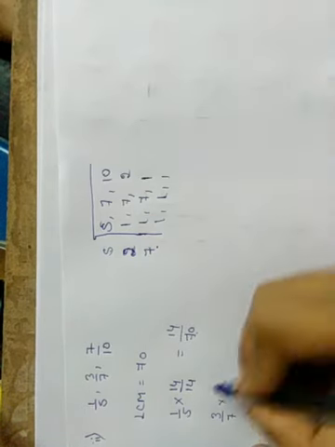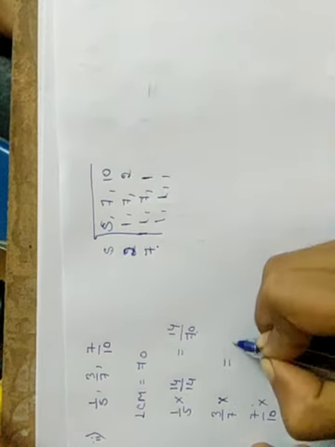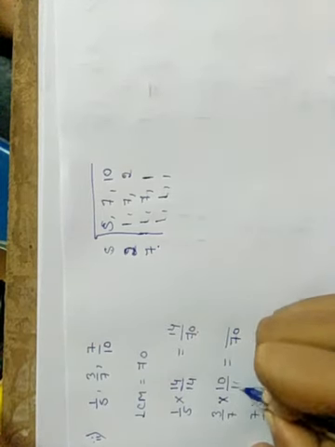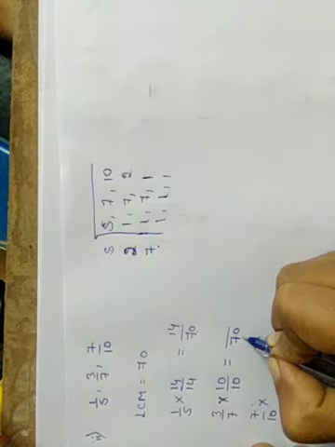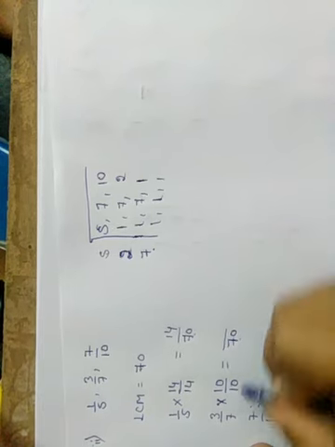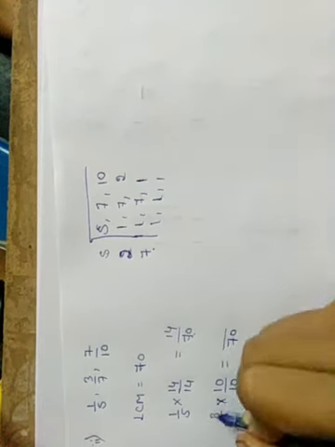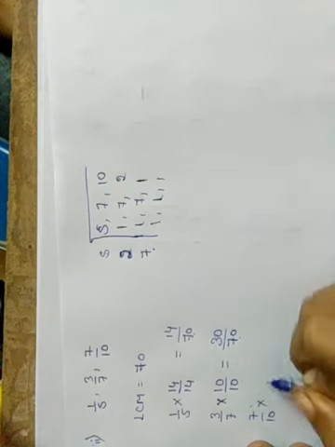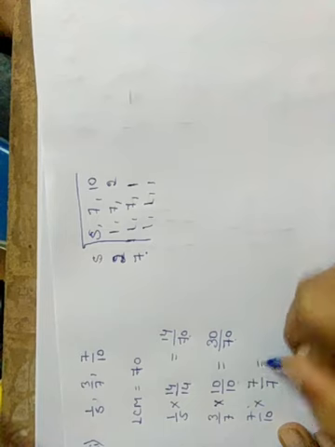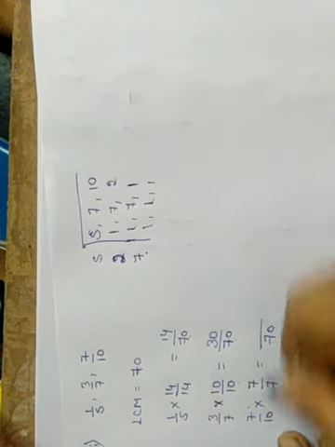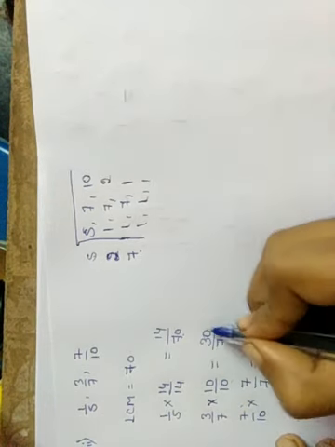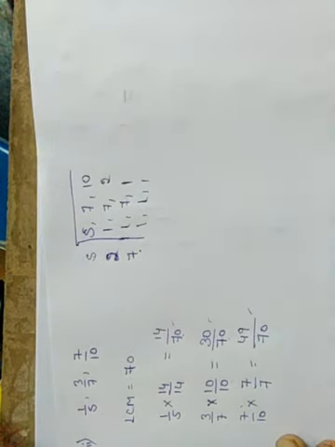Now for this, to make this denominator 70, I will multiply and divide it by 10 here. You can see 7 tens are 70 because we have got the LCM here, 70. So we are making the denominator 70 here. 3 into 10 will get 30. Here I will multiply it by 7. So I will get the denominator value as 70. 7 sevens are 49, right? Now these are the three obtained fractions.